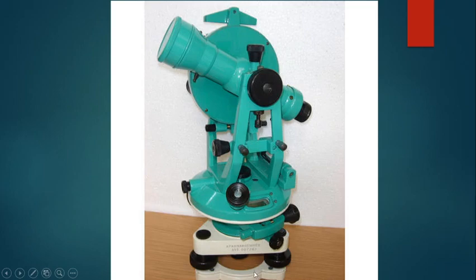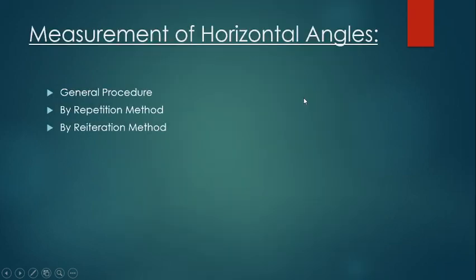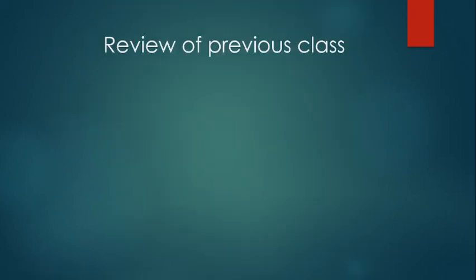various components of the theodolite, starting from bottom to top, and the function of the different component parts. And we have also discussed technical terms and various fundamental lines of a theodolite and the relation between them, and some of the technical terms like transiting, swinging, and changing face, face left, face right, and all.